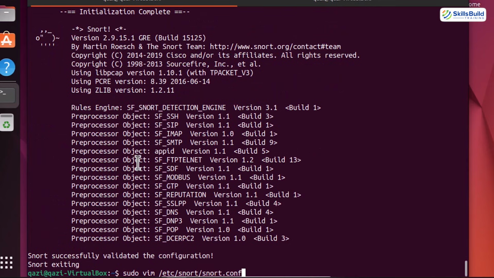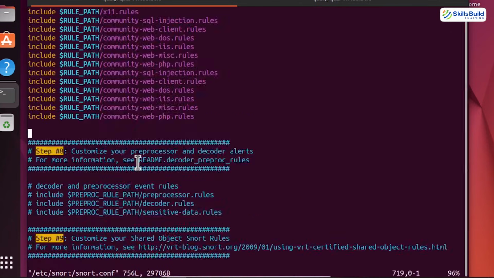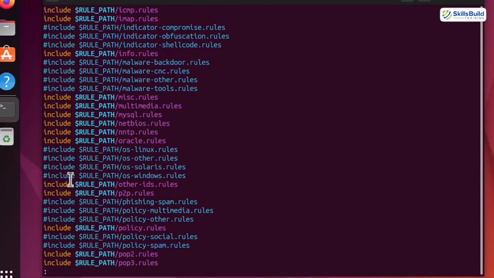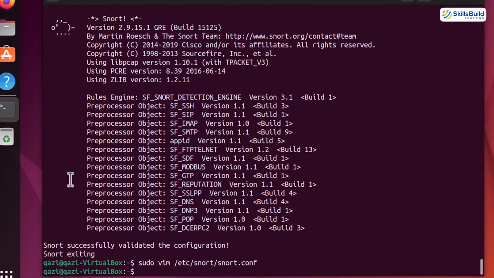First, open the Snort configuration file. You could do that by writing sudo vim, then of course the snort.conf path, and then scroll down to the customized rules section. We are about to comment them all, but to do that cleanly in Vim, we need line numbers enabled. So exit the file for now, then run sudo vim and then